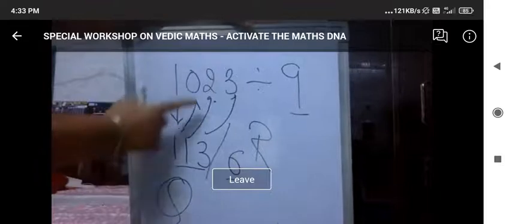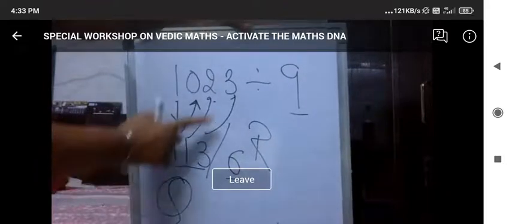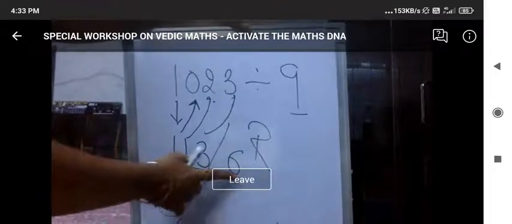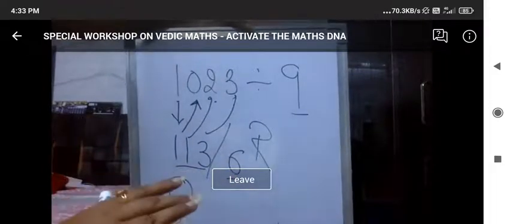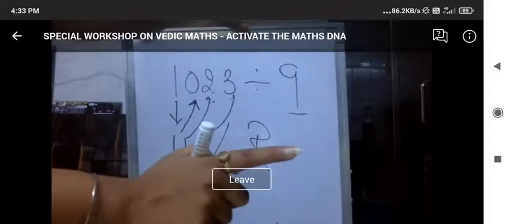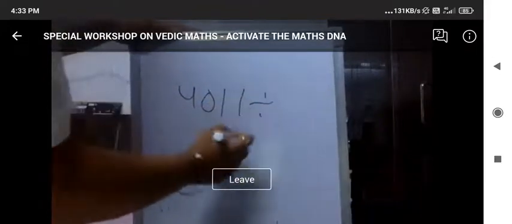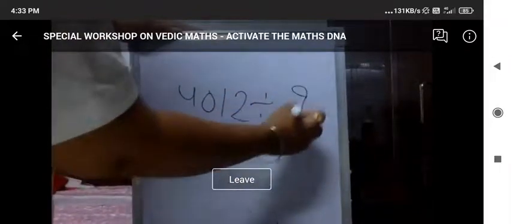You got that? I hope so. I'll just repeat it for you. 1 as it is. 1 plus 0, 1. 1 plus 2, 3. 3 plus 3, 6. 1, 1, 3 is my question and 6 is my reminder. Now try taking random numbers, but don't get confused when double digits come. We'll be covering that in future sessions. I want you to solve a similar kind of question here in your copies. Let's try. The number is 4011 to be divided by 9.